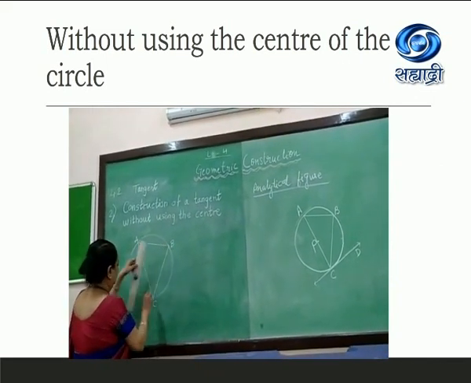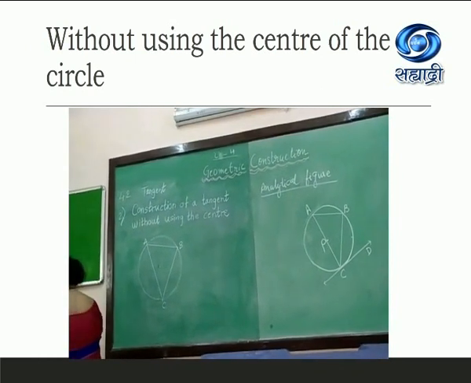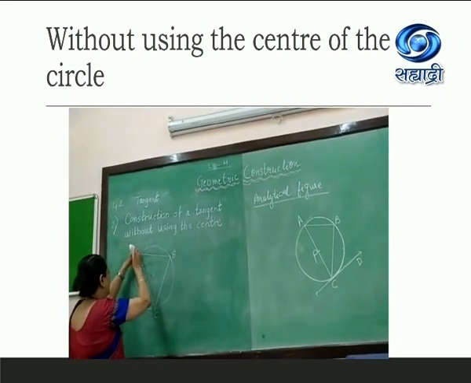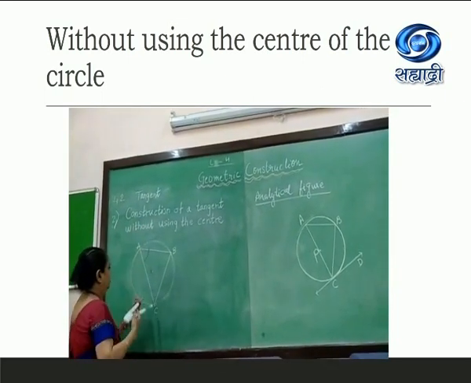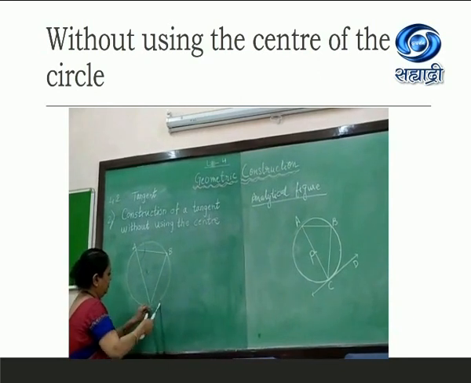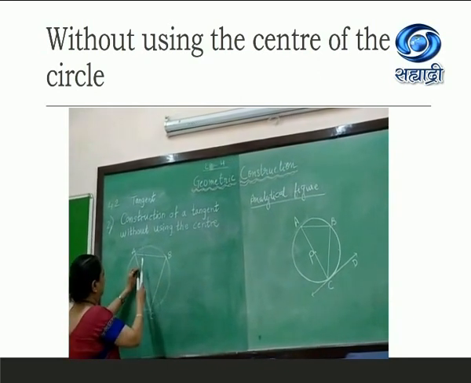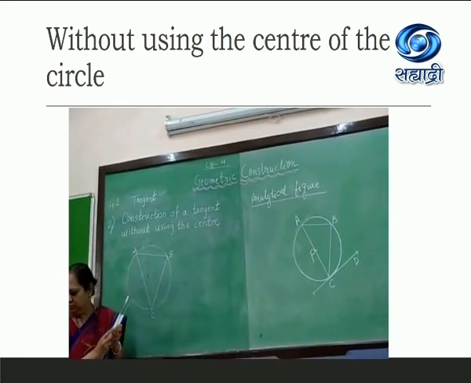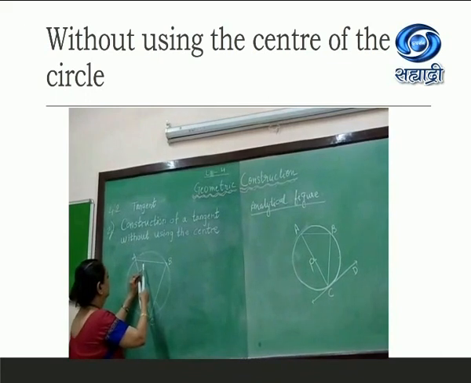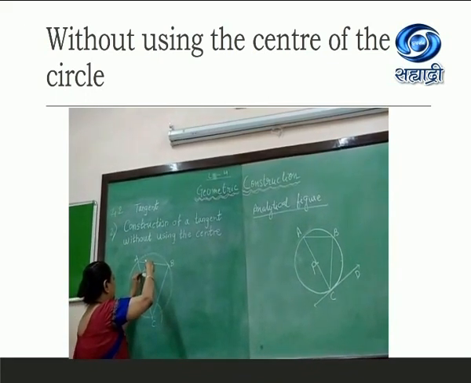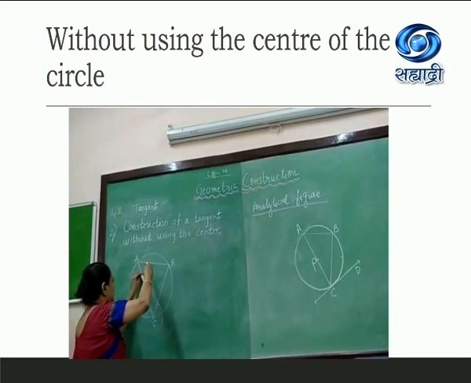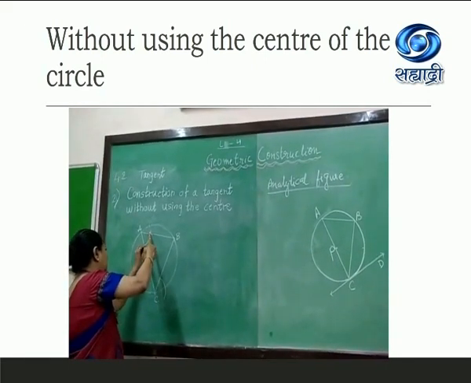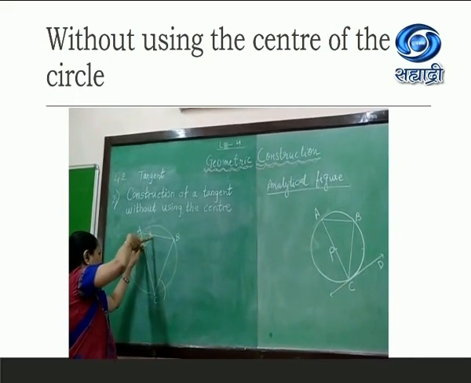Join AC and BC, you get triangle ABC. Now the construction is, we are supposed to draw an angle which is congruent to angle BAC, and then, with that angle congruent, you can easily get a tangent. See how to draw. Again, as I have told you, revise and keep on revising, practicing constructions of congruent angles 10 times, and if you get that properly, then you will get this construction properly.